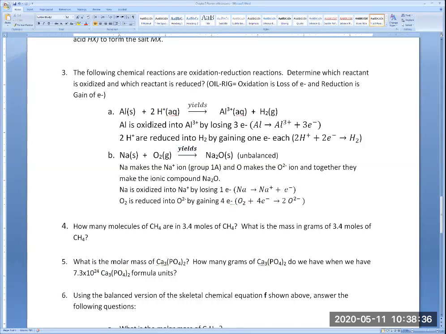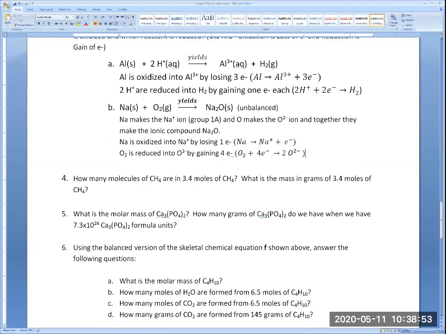In lab 4, you have to write balanced chemical equations. I'll have to look at that again before I talk about it again. Anyway, I don't think the class is ready to do lab 4 yet, because lab 4, as I said in my email this morning, is dealing with